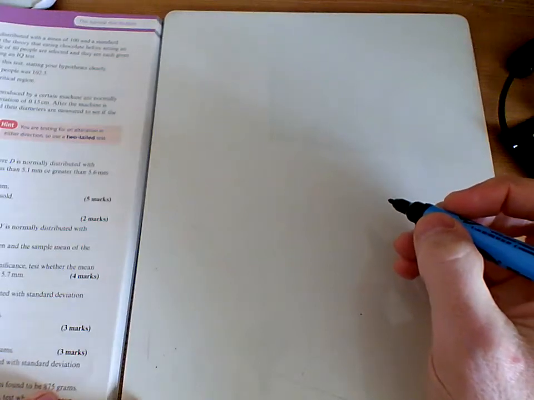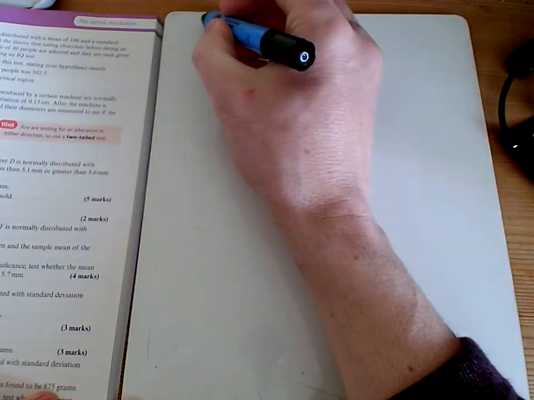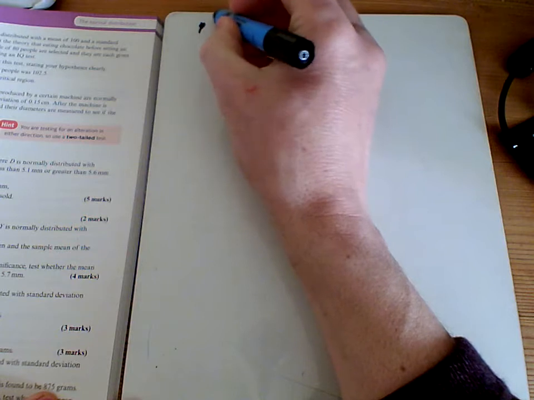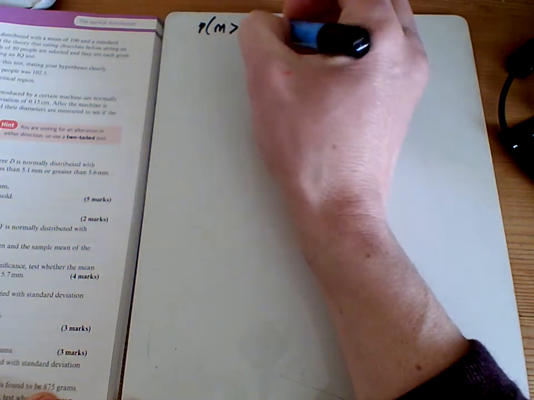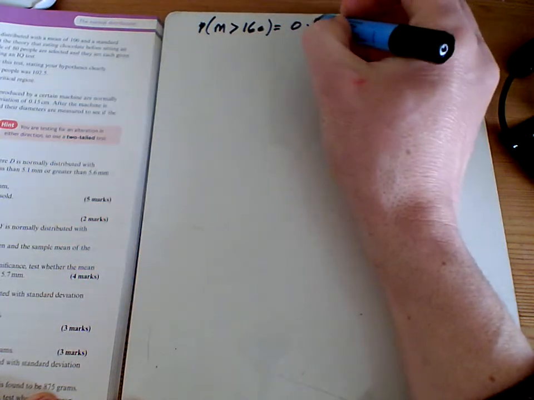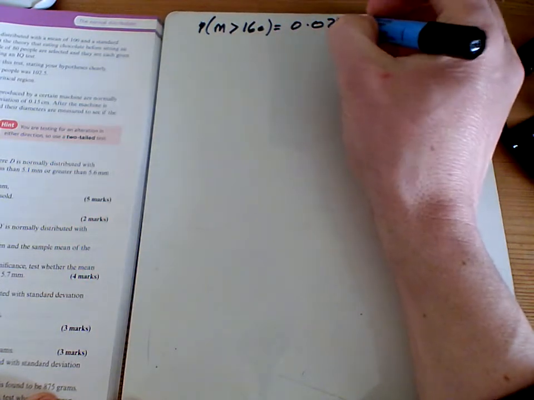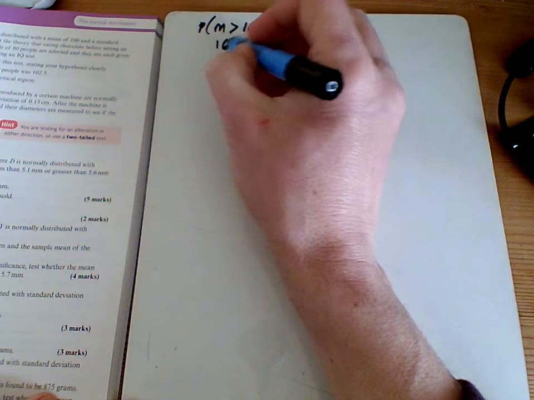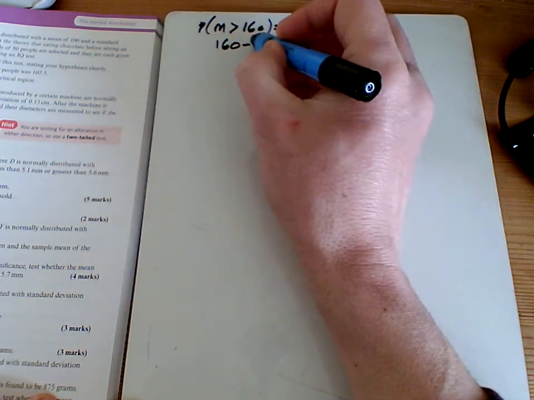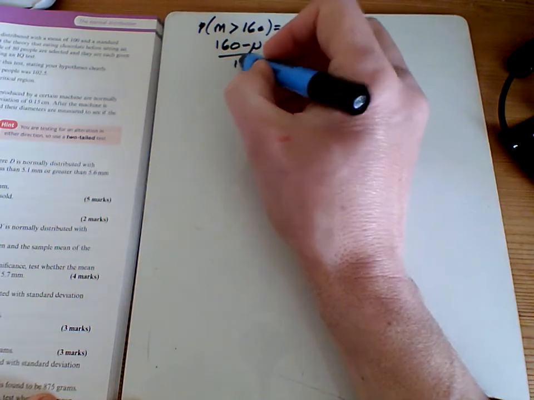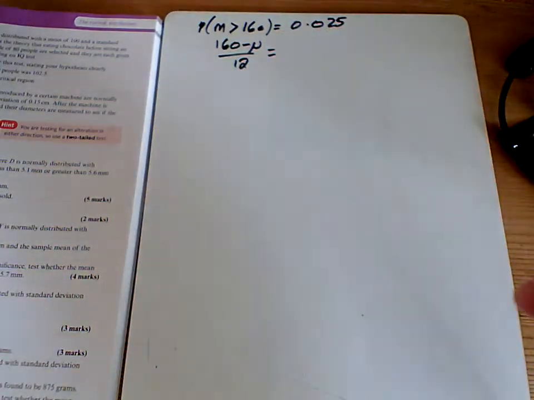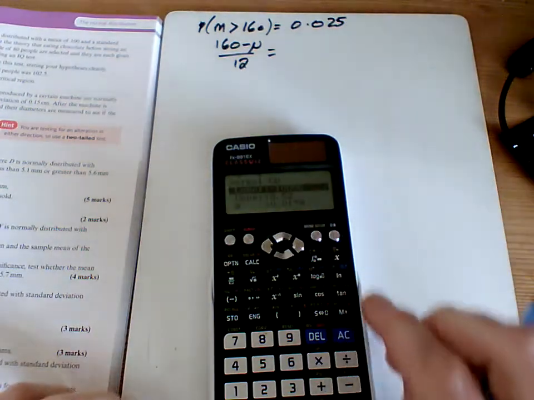Question 7 is virtually the same as question 6. We've been told that the probability that the mass is greater than 160 is 0.025. So 160, take away the mean, divided by the standard deviation, which is 12, is equal to, let's grab the calculator,